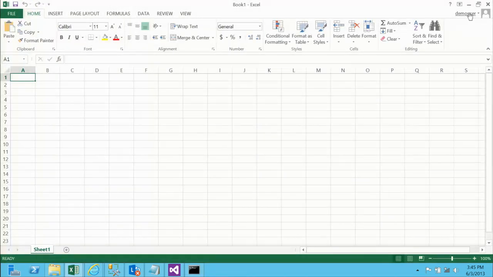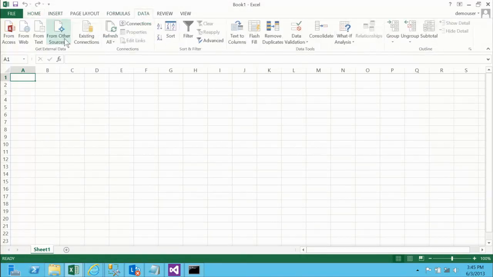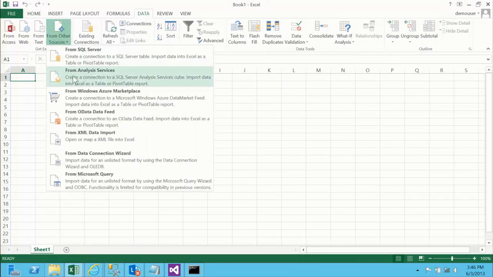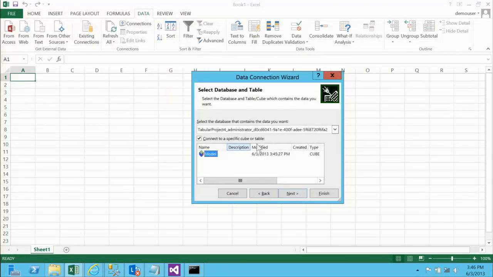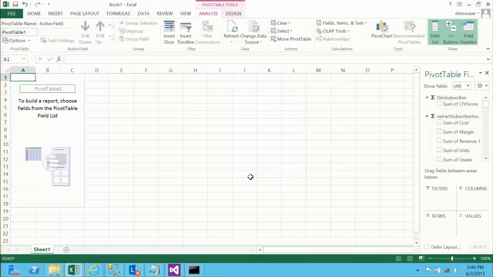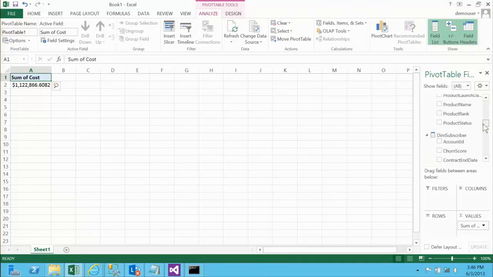You can see it on the top here. And I do data from other sources and other services. I'm going to connect to my tabular model. Press finish. Drag in sum of cost. And I do